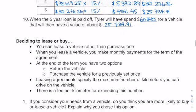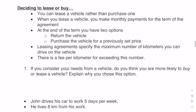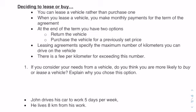All right, the next part here is deciding to lease or buy. You can lease a vehicle rather than purchasing one. When you lease a vehicle, you make monthly payments for the term of the arrangement. At the end of the term, you have 2 options. You can return the vehicle, or you can purchase the vehicle for a previously determined price. Leasing agreements specify the maximum number of kilometers you can drive, and there is a fee per kilometer exceeding this